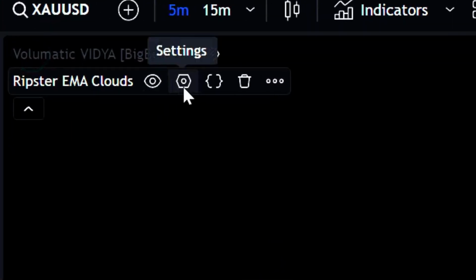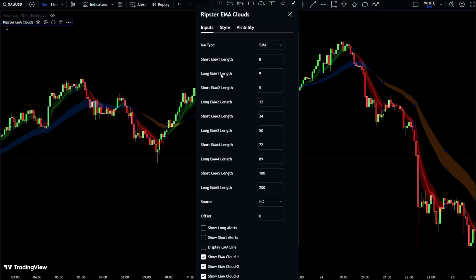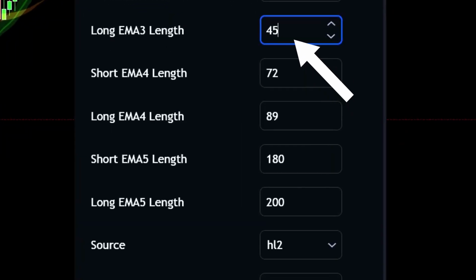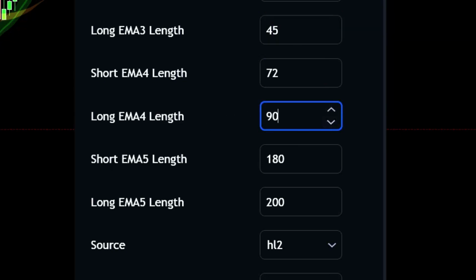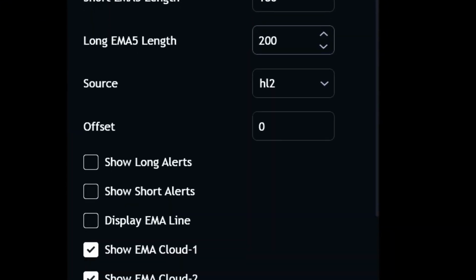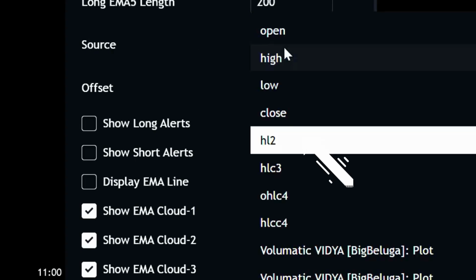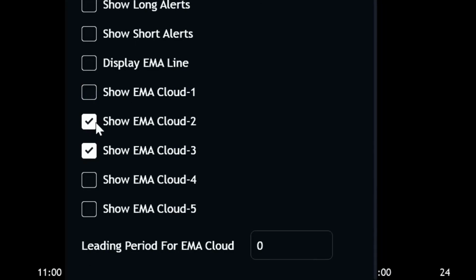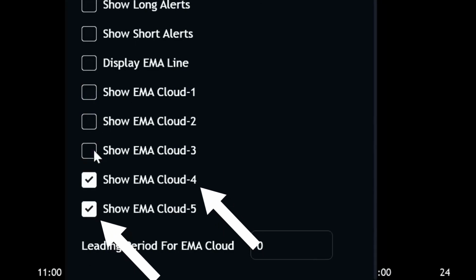So in the input section, scroll down to the long EMA 3 and change it to 45. Then scroll down again and change the long EMA 4 to 90. Then change the source to close. And after that, only enable the Show EMA Cloud 4 and 5. Alright,